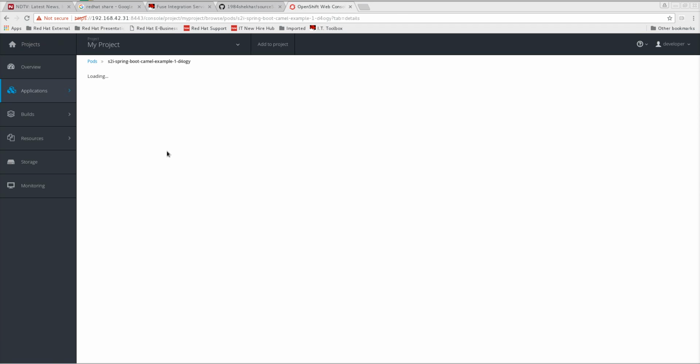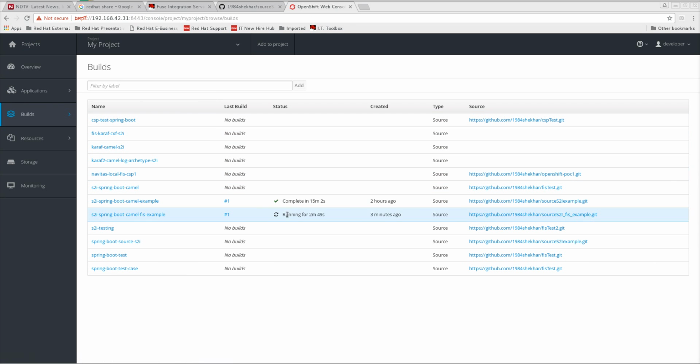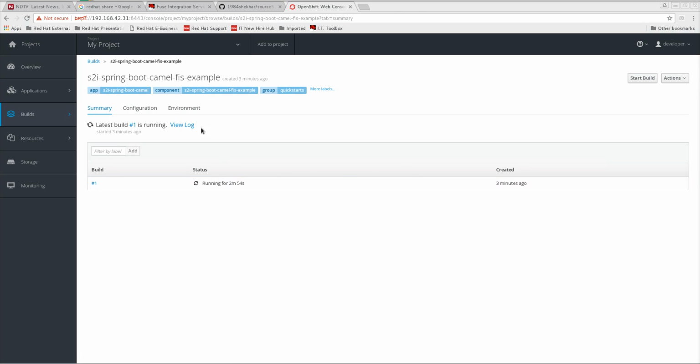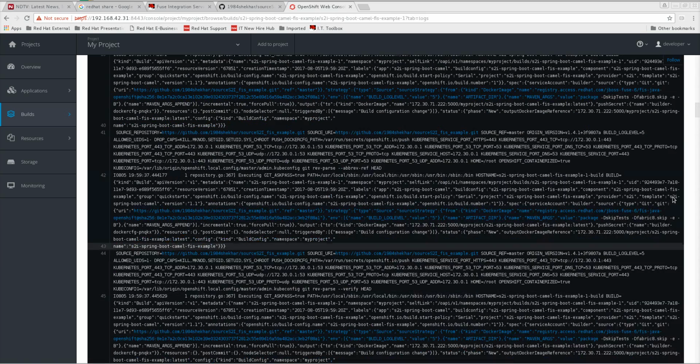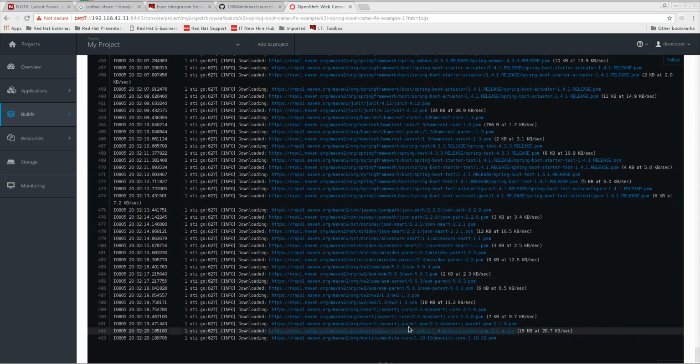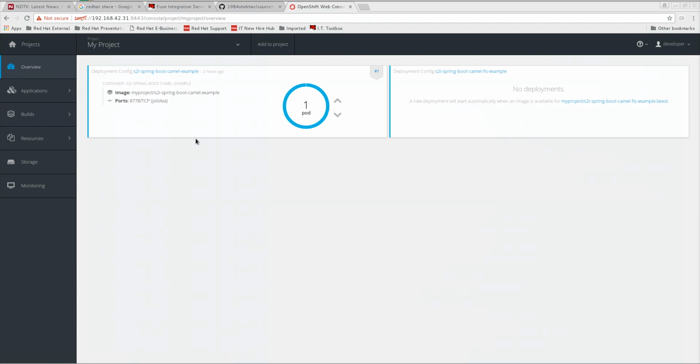Now go back, and let's see the status of that build. It is still running. It is going to take some time. So we saw how we can deploy using